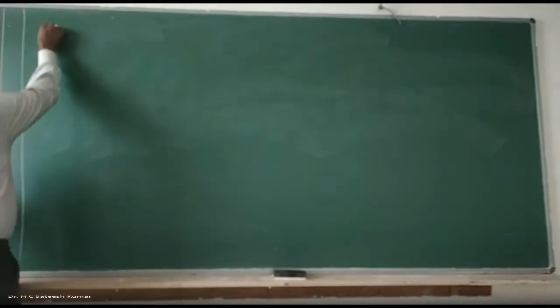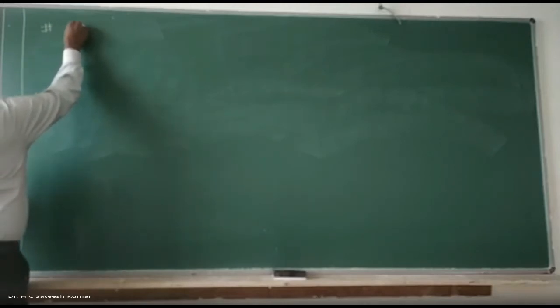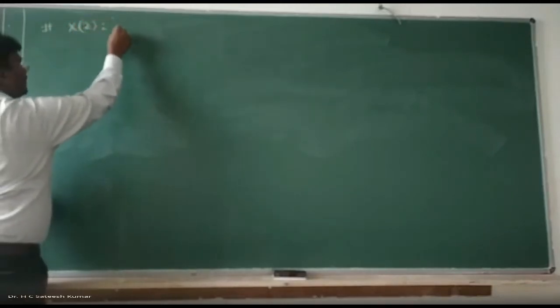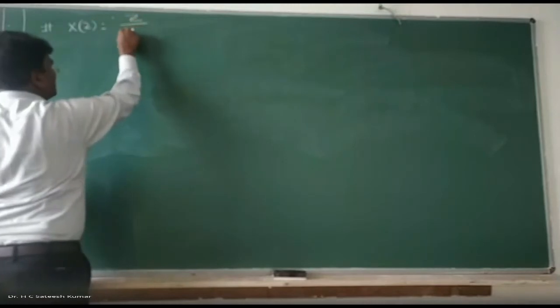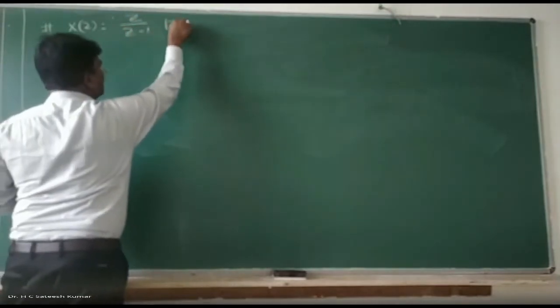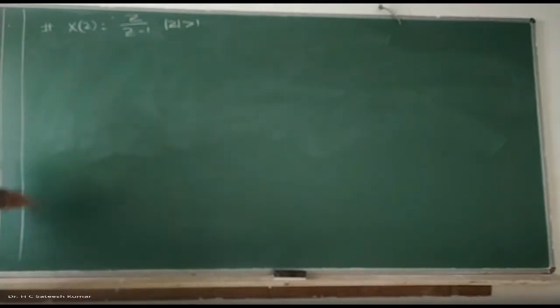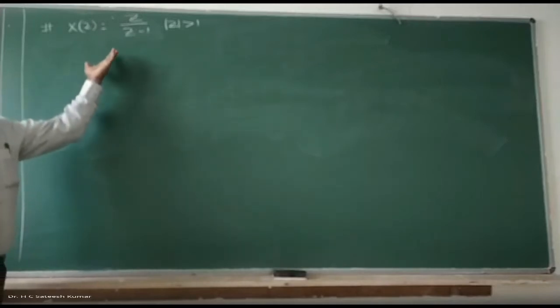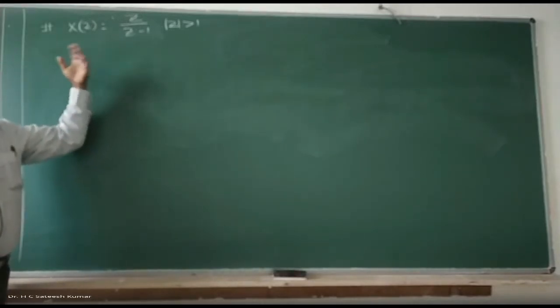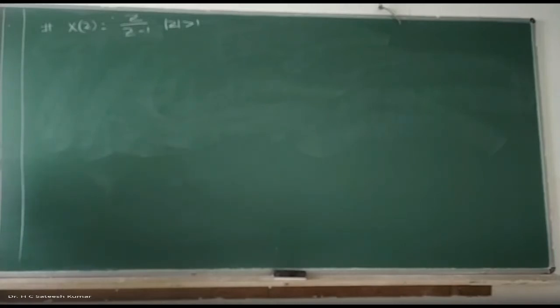Now let us say, find the inverse z transformation of X of z equal to z divided by z minus 1 with ROC mod z greater than 1. You know the inverse z transformation of this one. Z divided by z minus 1 is u of n, with mod z greater than 1, a right-handed sequence. So you will get the answer as u of n. We shall do that using long division. We know that this is a standard relation. So how will you do that?